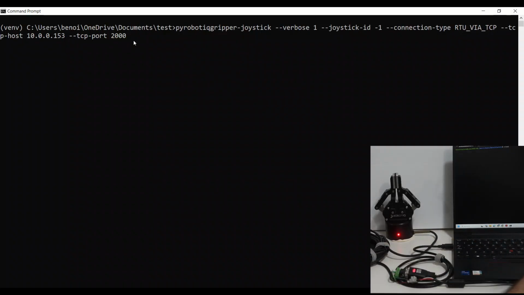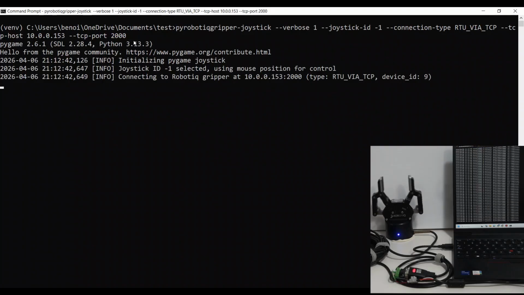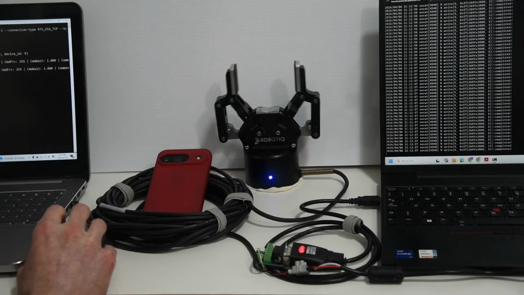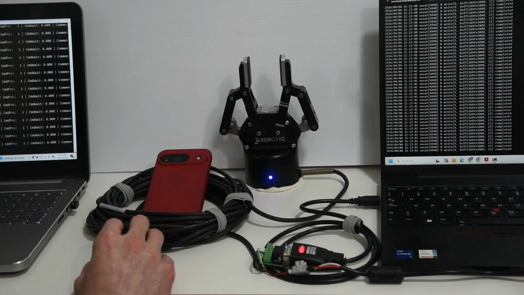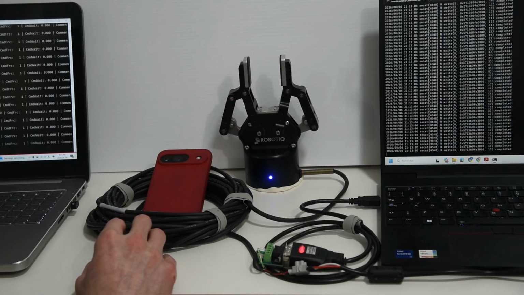On the remote PC, the remote PC is now tunneling the gripper connection to the Ethernet. So I'm going to connect to the gripper from my PC. The activation happened, and then the gripper calibrated its speed. So now with the mouse I can control the gripper, but this time the gripper is not connected to my PC,